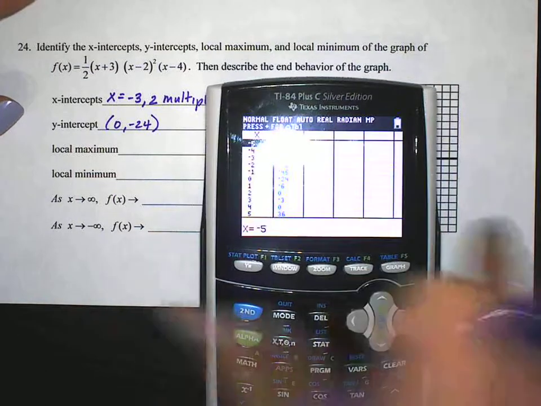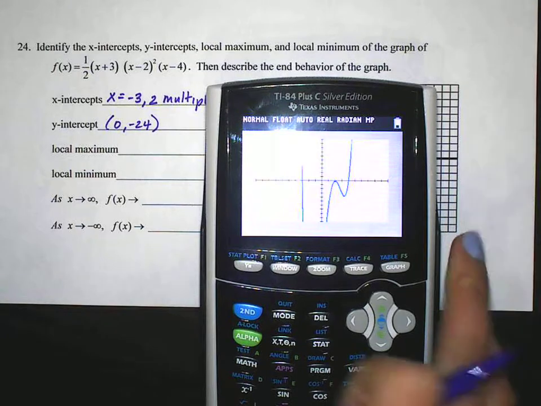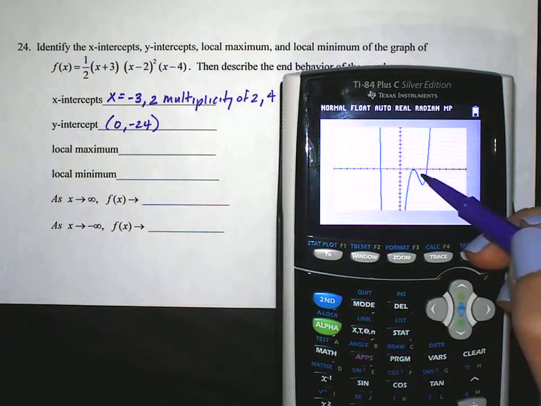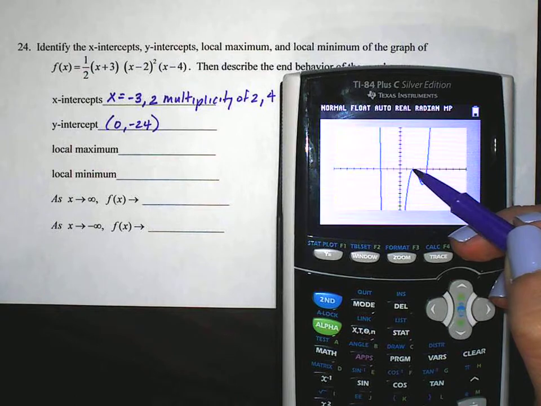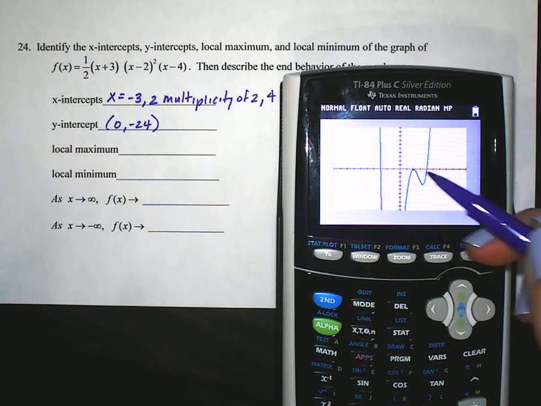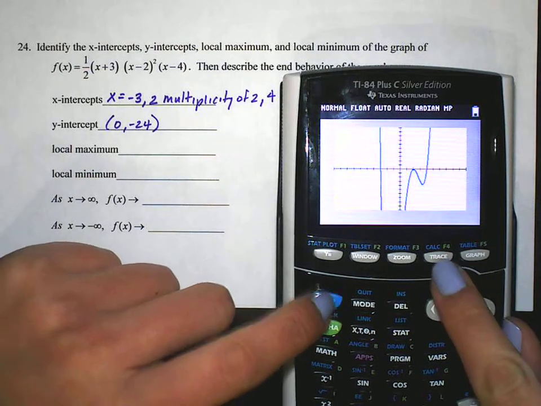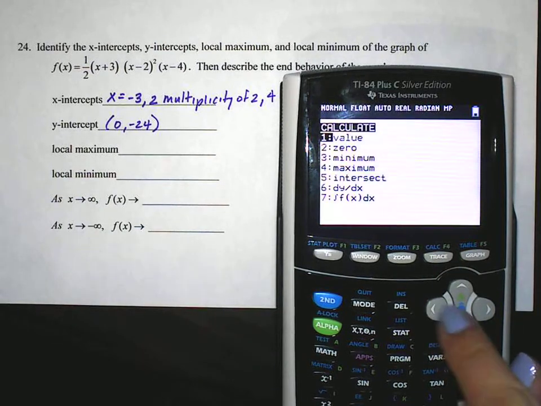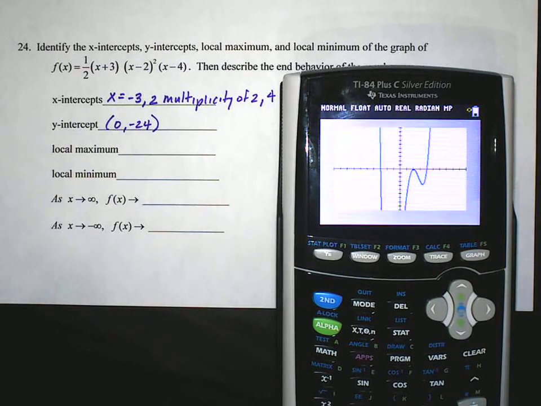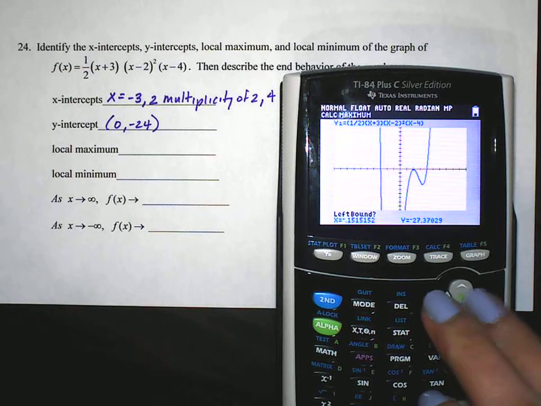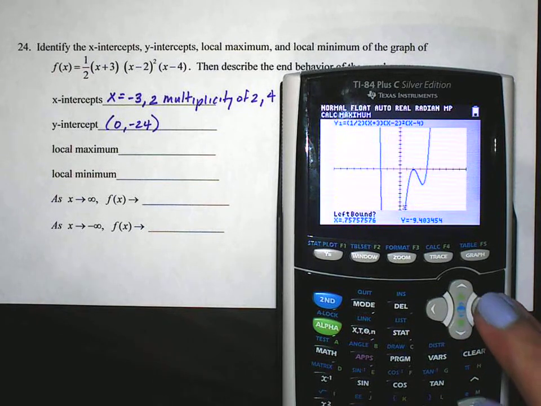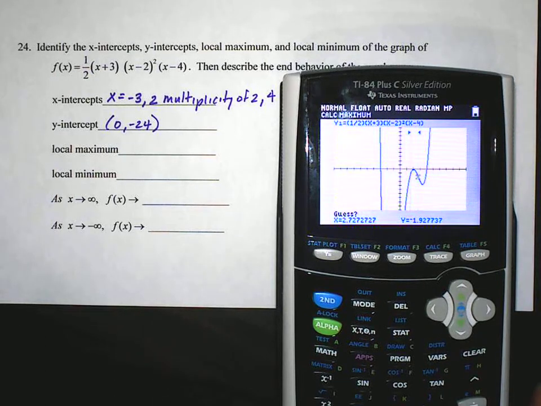Local maximum. So let's go to our graph. Remember, it's the top of a hill. So I definitely see a top of a hill right here, right at that multiplicity. And I think it's 2, 0, but I just wanted to be totally sure. So I hit second, trace, maximum is option 4. It's asking you to the left. Go ahead and go to the left of that hill. That's good. I'm going to hit enter. Now it's asking you to go to the right of the hill. That's good. I'm going to hit enter one more time when it says guess. My maximum